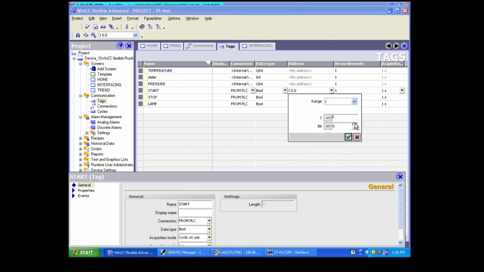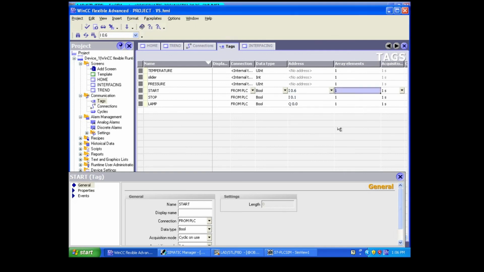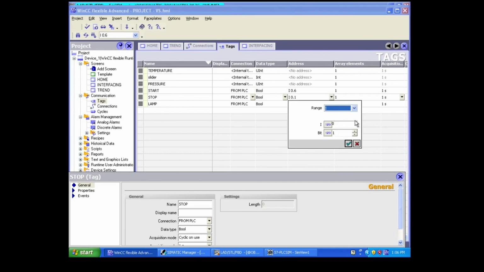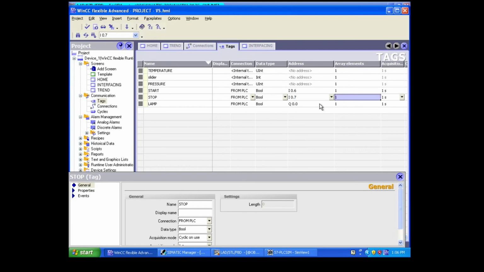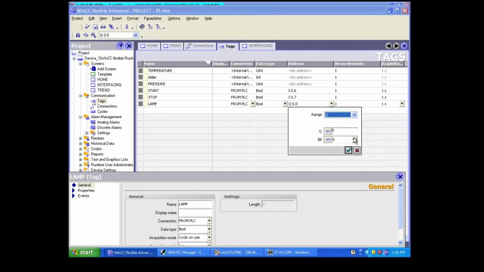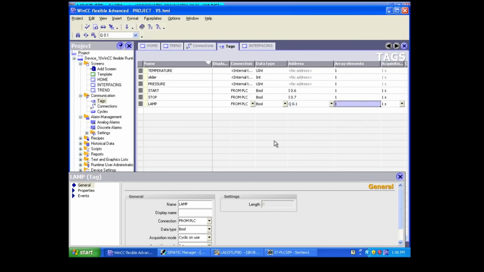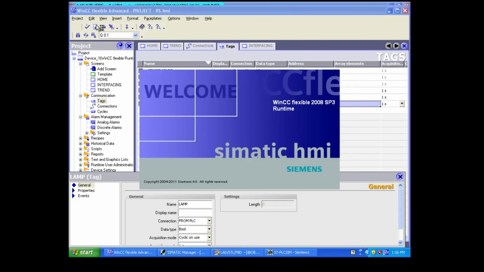So now what we can do is change the address here. This is I0.6, correct? Make it I0.6. And this one is I0.7. Yeah, 7. And this one is Q0.1. Let's check this out. I'll go online now.